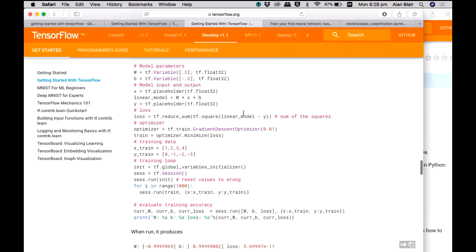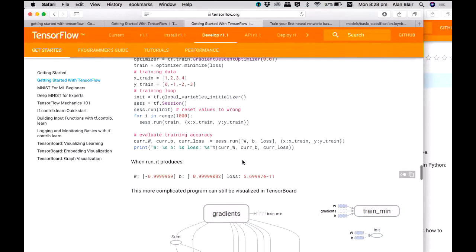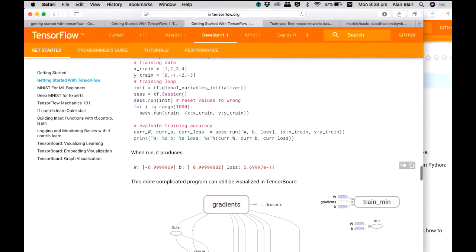This takes the output of the linear model minus the target value and squares it, and we're going to try to reduce this by gradient descent, and the learning rate's going to be 0.01, and then this specifies the training data for x and y, and then when you run this, it repeats this 1,000 times training this.